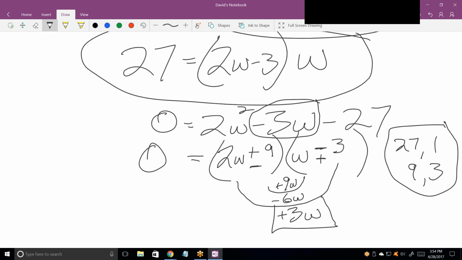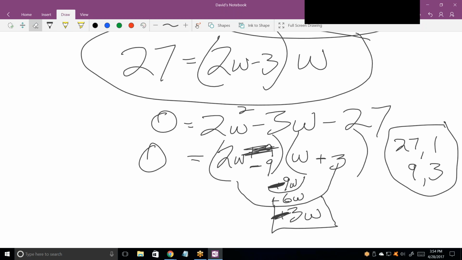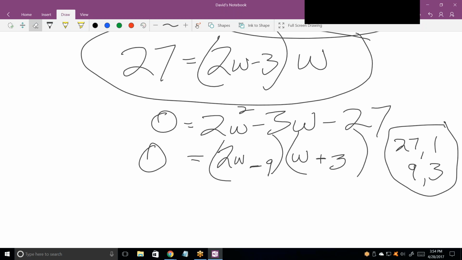So all I have to do is switch signs. I got to put the 9 with the negative, and I got to put the 3 with the positive. That automatically switches signs on these terms and switches signs on that term. So we do end up with minus 3W. And that's pretty much how you factor these more difficult ones. It's a trial and error process, and you just keep kind of trying it